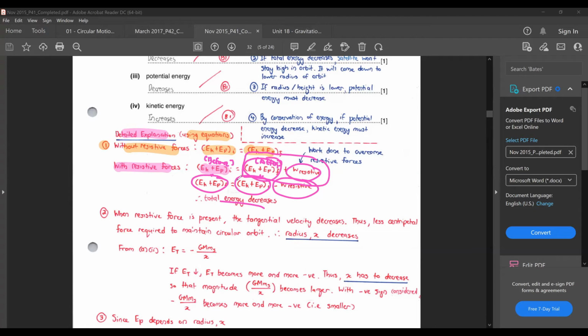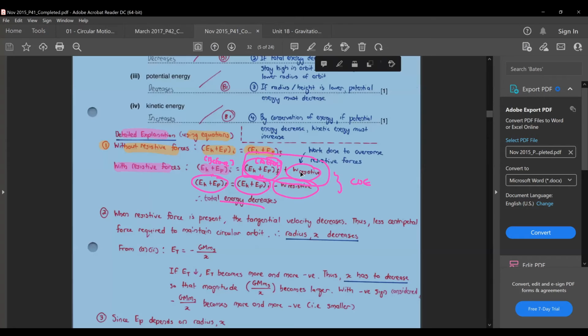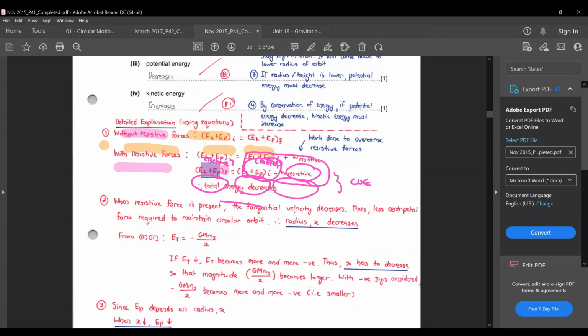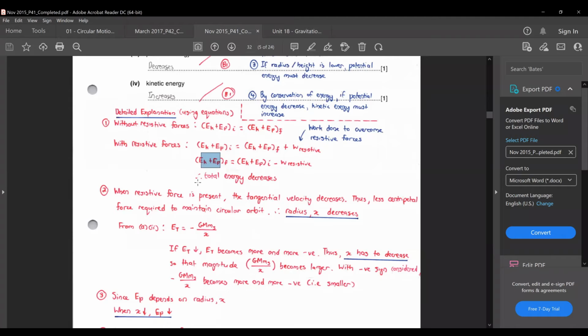Okay, so this one I think should be okay. This one is something like conservation of energy again. Okay, so this one is all right. It's basically talking about energy before and after. Energy after must take into account work done against resistance, so final energy is going to be less than initial energy. Okay, so this one is okay. All right, now then after that,